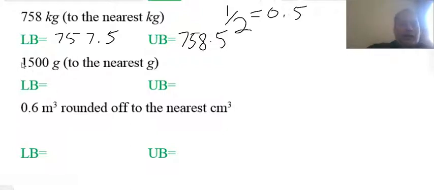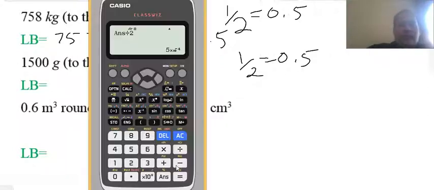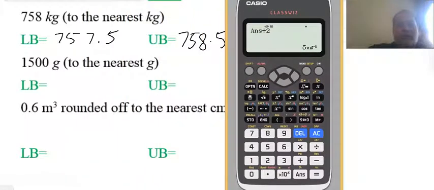Let's take another, similar question. 1500 gram, it is rounded to the nearest gram. Here again we don't have any other number, so we divide 1 by 2, so again we will get 0.5. So when there is no number given, we always divide 1 by 2. So if we subtract this 0.5 from this number, let me check what that number is. It is 1500